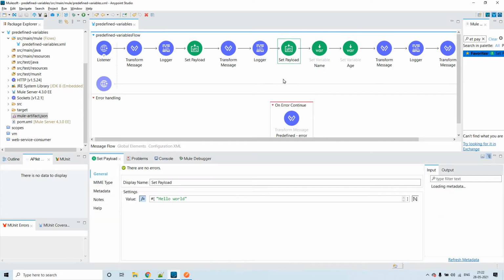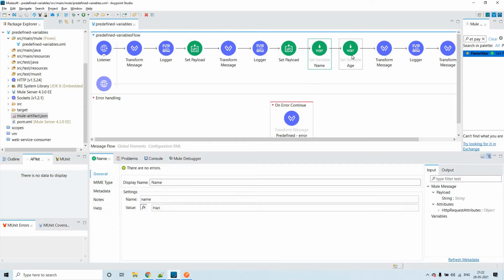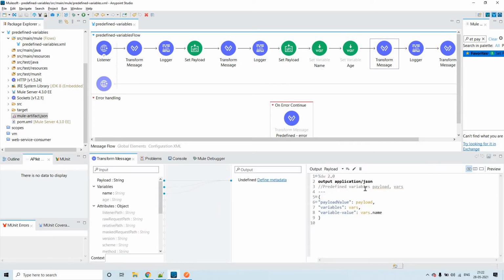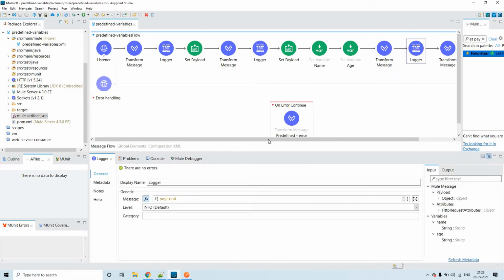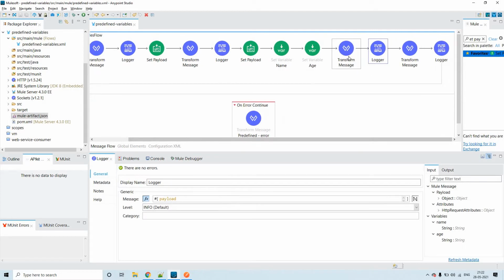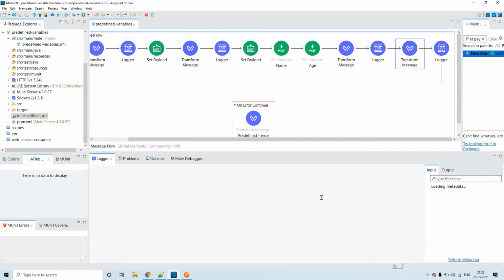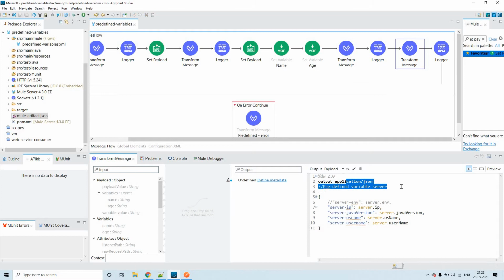To demo payload and variables, I have defined one set payload and two different variables, one with name and the other with age. Here I'll be talking about payload and vars, and that is the payload we get out of this transform that I'm printing here. Here we'll be discussing the predefined variable server.